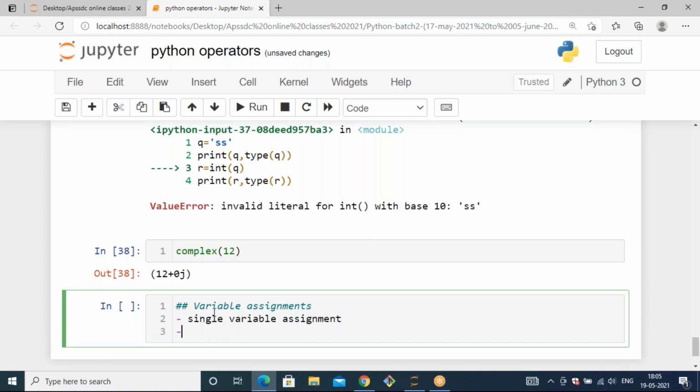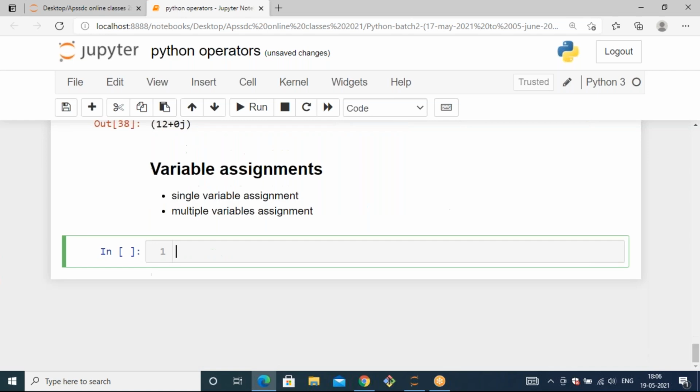And the next one is multiple variables. Convert this cell into markdown and let's see.